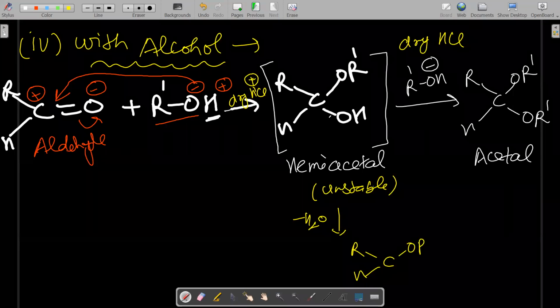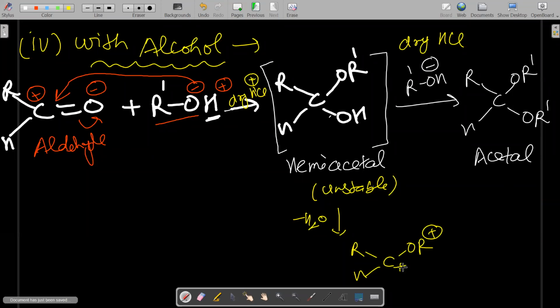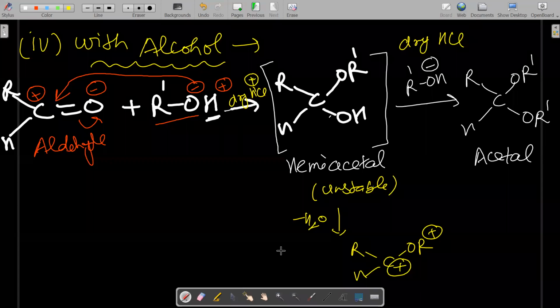सो अगेन ये तुम्हारा क्या होगा, कार्बन पे पॉजिटिव चार्ज आ गया, सो कार्बन क्या हो गया, कार्बोकेटायन बन गया, दैट इज इलेक्ट्रोफाइल बन गया, सो इस पे न्यूक्लियोफाइल अटैक करेगा एंड यू गेट द फाइनल प्रोडक्ट. ओके, राइट. ओके,